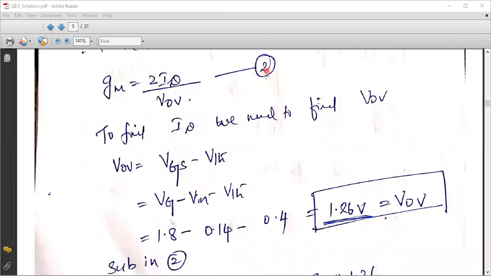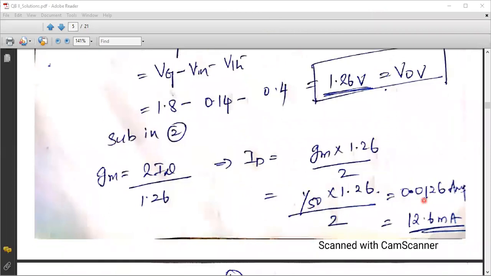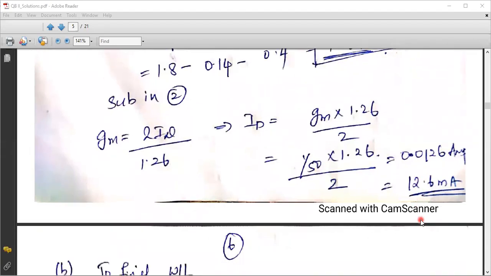Yes, Bhanu Prakash, what is the answer? Sir, 12.6 milliamps. Okay. Your answer is 0.0126 ampere because gm is in ampere per volt, right? gm is in ampere per volt. So you are expecting your answer in ampere. After that, you can convert into milliampere by multiplying it with 1000. 0.0126 ampere converted into milliampere by multiplying it with 1000. So the answer is 12.6 milliampere. So this is the maximum allowable drain current which will be passing through the transistor.